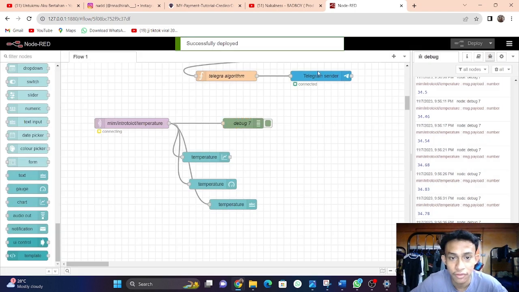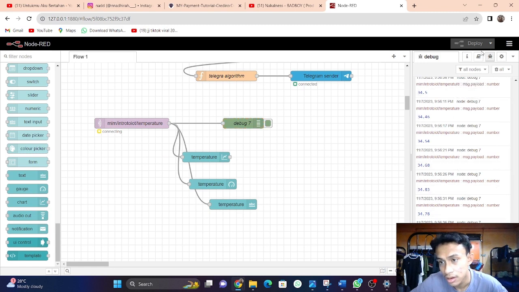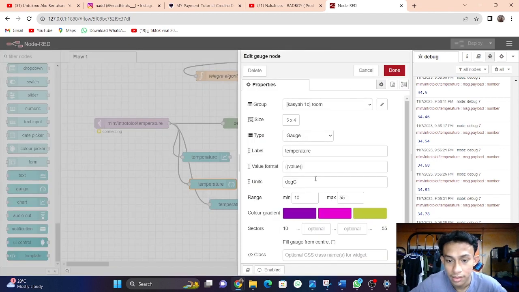Okay, successful deploy, and we can see at the right corner the debug message at the time 9:56 p.m. today, 11/7/2023. The temperature is 34.63 Celsius,